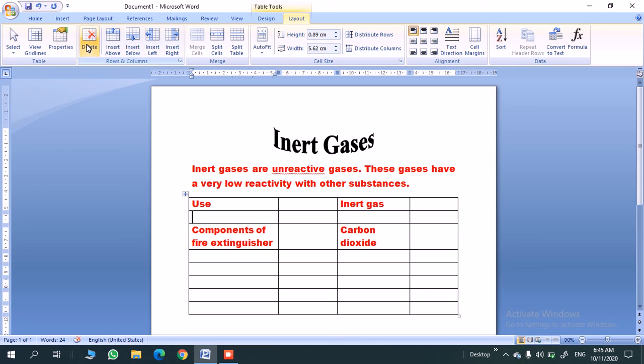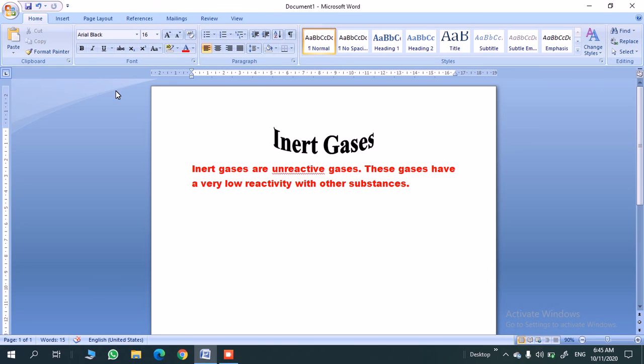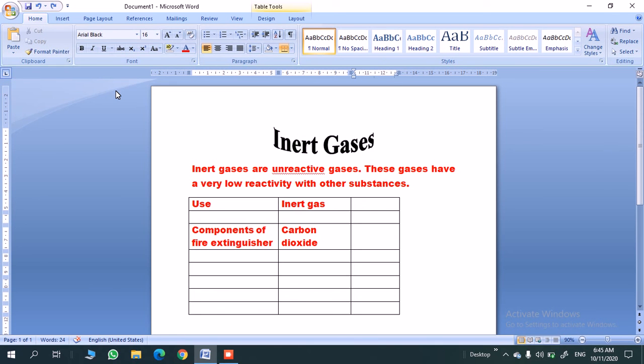Suppose you want to delete a column, click on the column that you are going to delete. The column will be deleted. If you want to delete the whole table, click on delete table. Remember that all these options are available only when you click in the table. If you are clicking outside, the table options will be inactive.